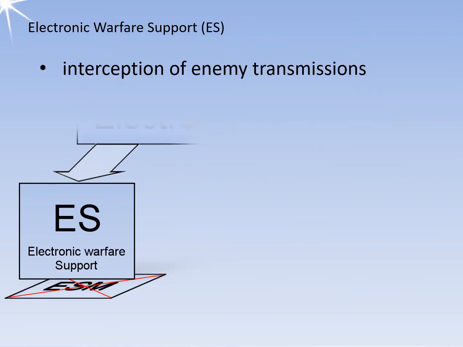The electronic warfare support or electronic support measures system is designed to detect enemy signals, including both communication and non-communication signals. The signals can either be jammed or their information can be transmitted to other destructive response assets. The received signals can also be used for situational awareness, meaning they help determine the type and location of enemy forces, weapons, or electronic assets.